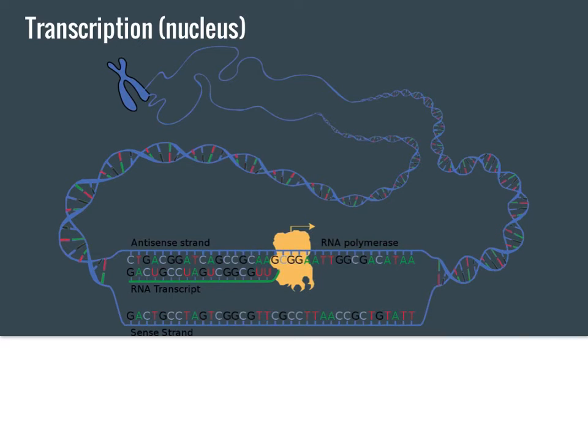So you're doing the same exact thing, pairing the bases with DNA, just like we did with DNA. However, if you look here, we have an A and a U matched together because remember, we don't have T in RNA. So anytime you see an A on the DNA strand, you're going to match it with a U. So here, here, here, here, and here. Other than that, same exact thing. Let's say this is the gene for red hair, I'm going to make this whole mRNA strand, and then it's going to go